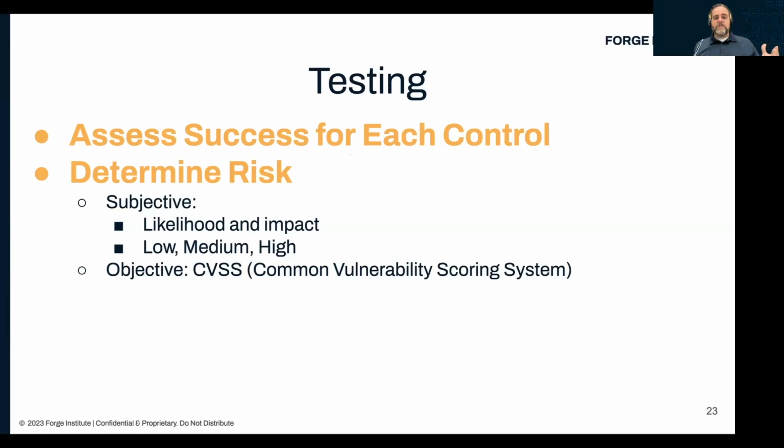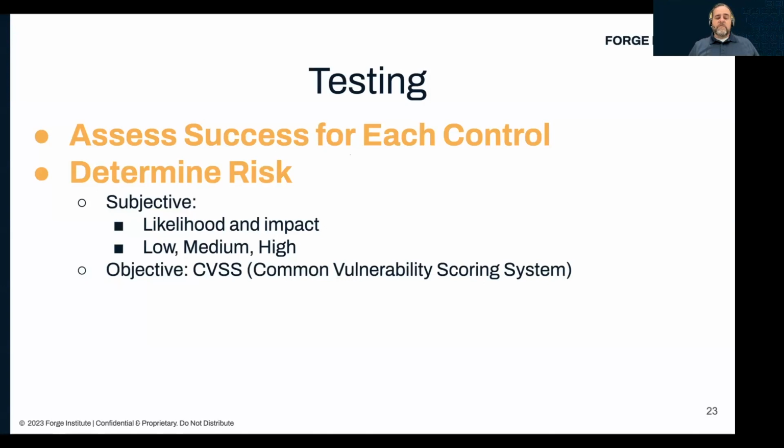We can do a subjective measure of risk where we say, what's the likelihood of something bad happening? And then if that something bad happened, what would be the impact? So if the likelihood is high and the impact is high, the overall risk is high. If the likelihood is low and the impact is low, the overall risk is probably low. But if you've got a low likelihood and a high impact, you've got to meet in the middle somewhere with maybe a moderate. Subjective is very good if you have somebody who knows what they're doing, who understands security and looks at it with a lot of other examples and background knowledge.